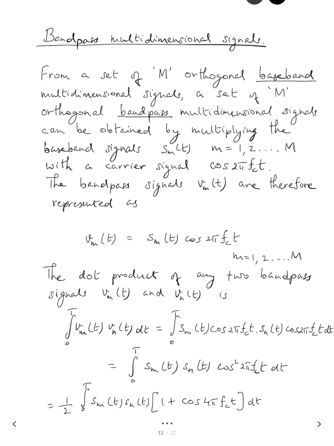Right. In part one of this session, we discussed multidimensional signals which were baseband, and we looked at methods to construct multidimensional signals. Particularly, we looked at two methods: one was to have it in a non-overlapping fashion, and the other was to have it as an overlapping set of signals, right? And then we also talked about the